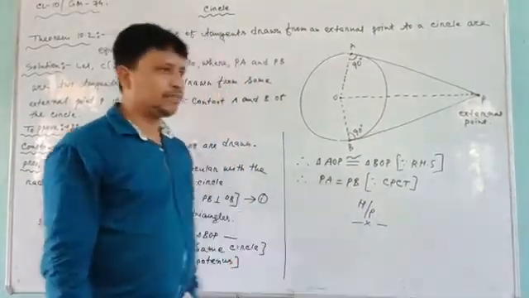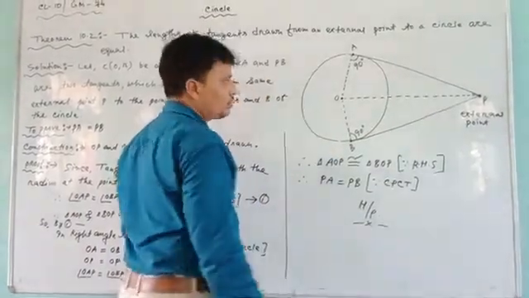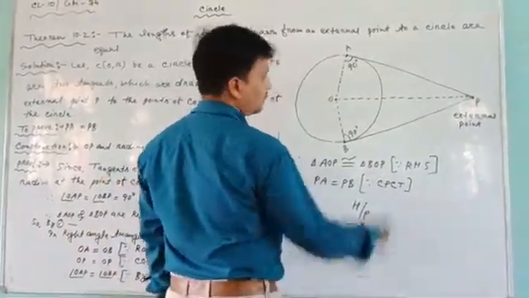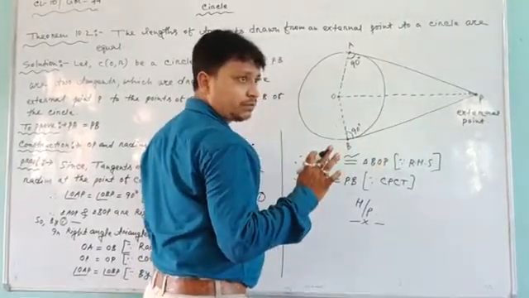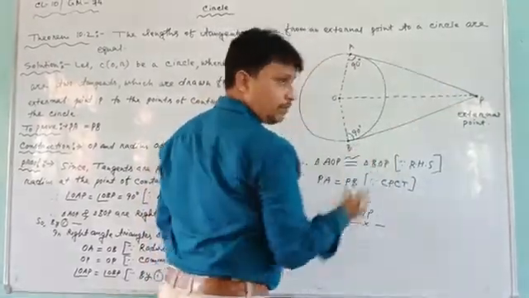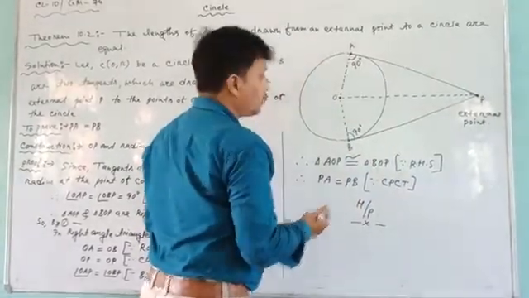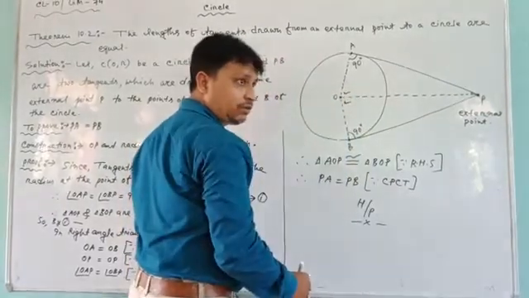Then we can write the rest of the corresponding parts. Many parts are left there. So what does rest of the corresponding parts mean? That means these two parts are left. So PA equal to PB, we need to prove that one. Then these two parts are left. These two angles equal, or not? This one is also left.